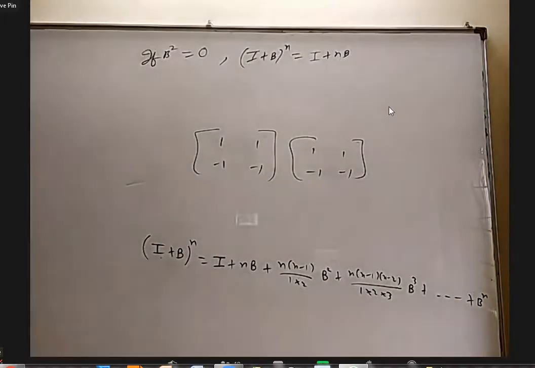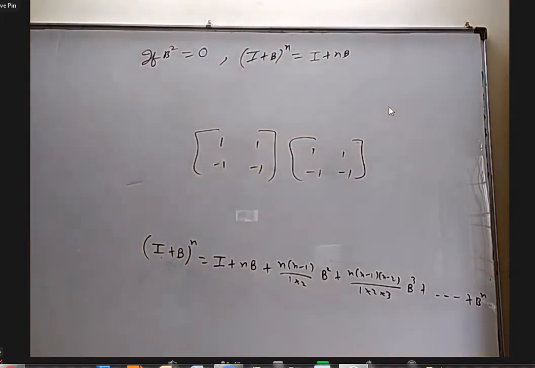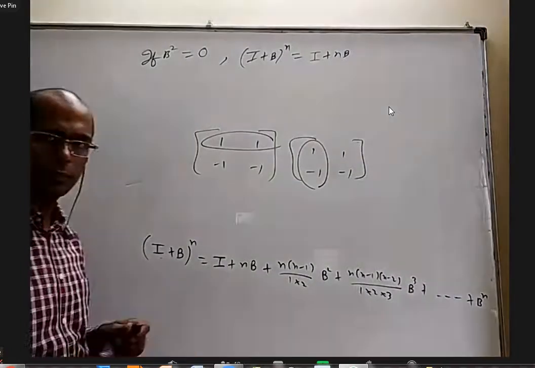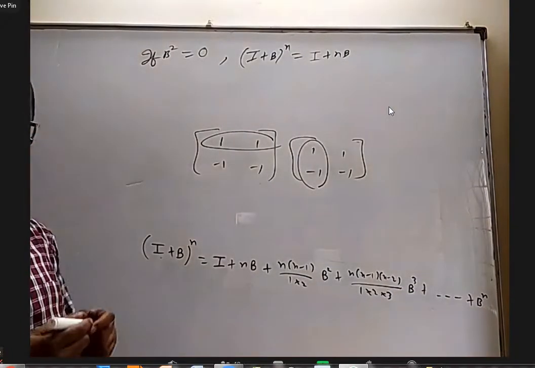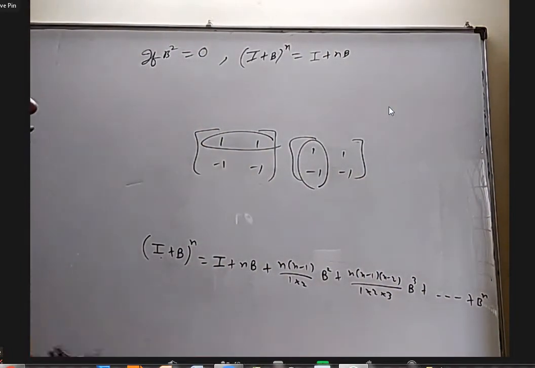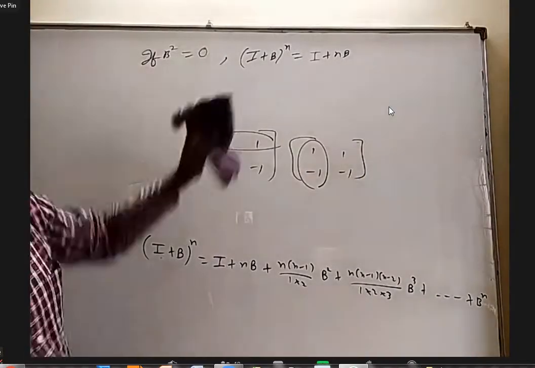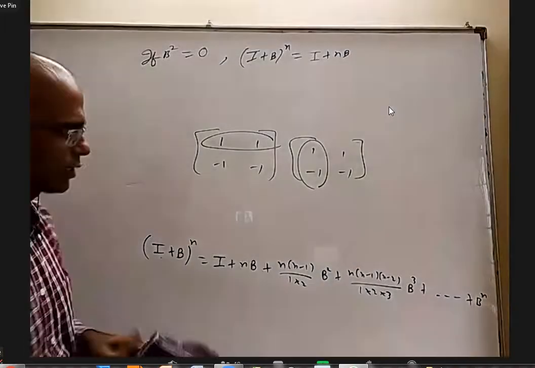Understood, sir. It's not zero. It is not 0. Which one is not 0? First element only, sir. First row into first column. What is coming? 0 only, no? 1 minus 1, sir. Yeah. So anyway, it is possible to make. Okay. So if B square is null matrix, there is no guarantee that B should be null matrix. Not necessary.